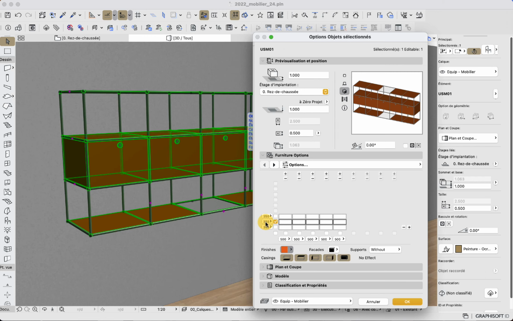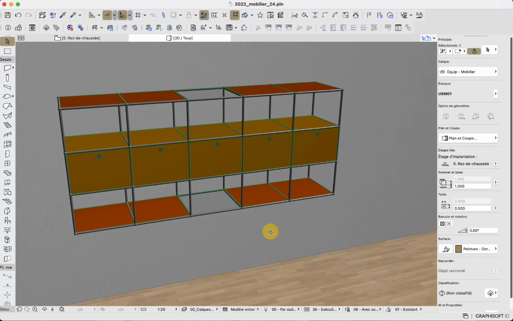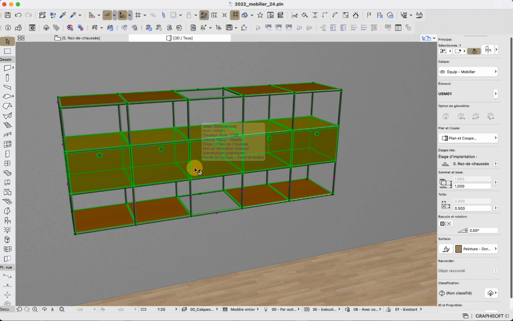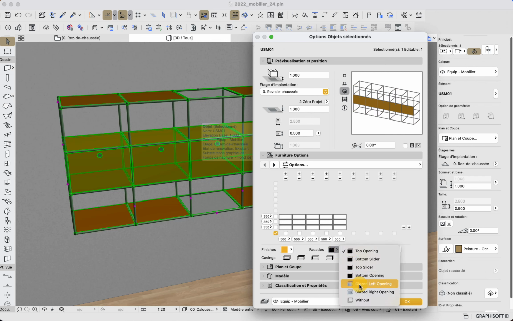What I mean is that what is selected is what will be impacted by the option. So if I just want to change the color on that one, then I just need to do that. And as well, I could eventually put it back bare up here if I need it, without any facade.